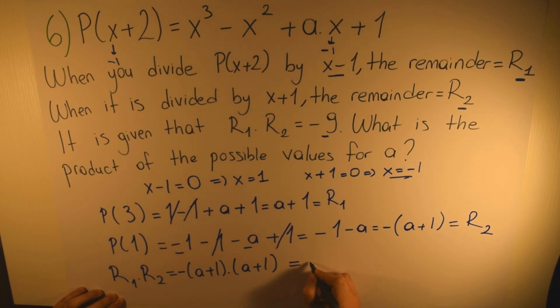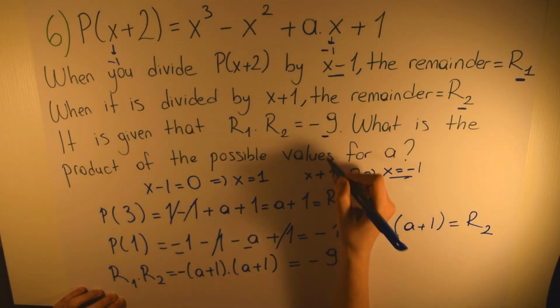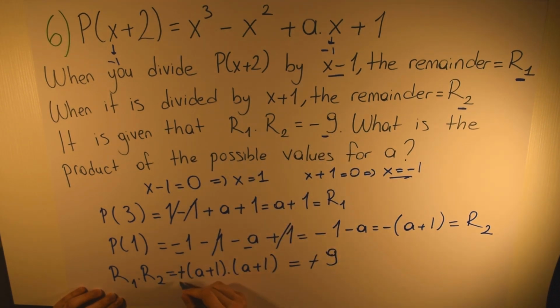This is equal to minus 9 from here. So these negative signs cancel out each other, and then from here I will get a plus 1 times a plus 1 is equal to 9,